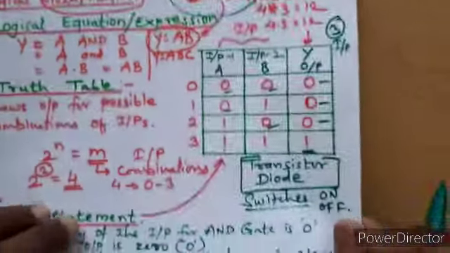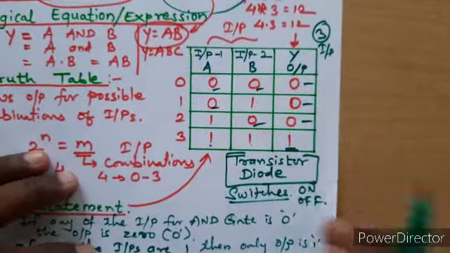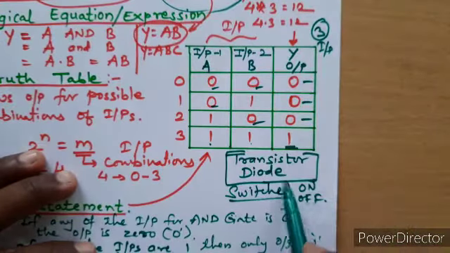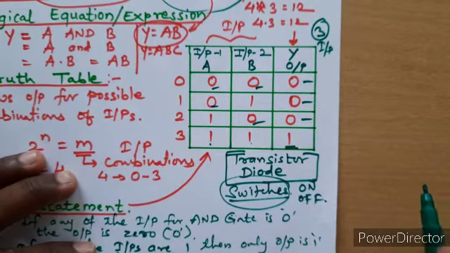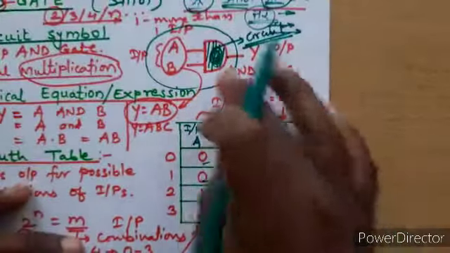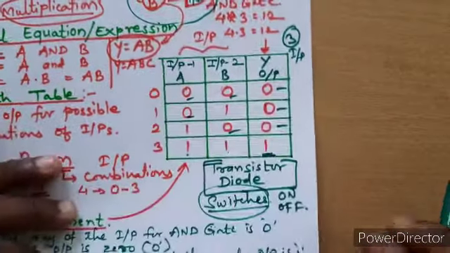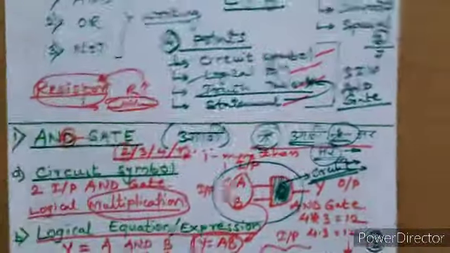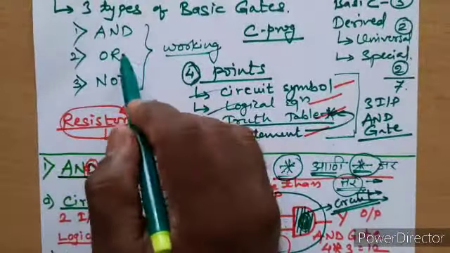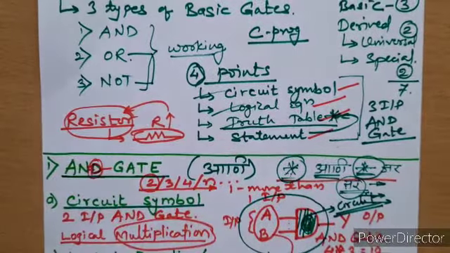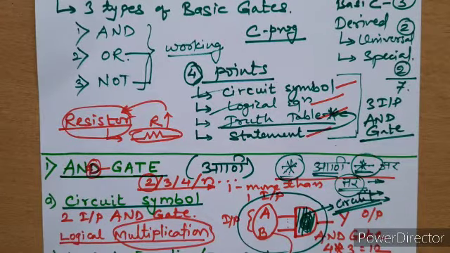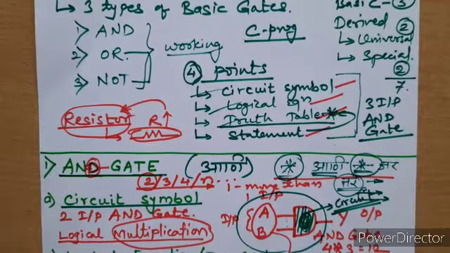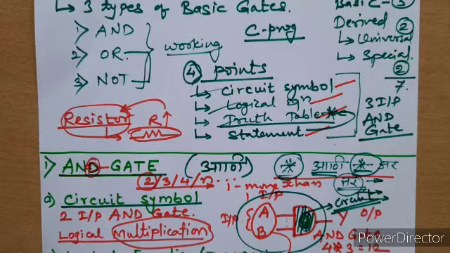Okay. So in the next lecture we'll try to construct this AND gate with the help of switches. We need to understand its internal circuitry. So with the help of switches we'll see how this AND gate is constructed, and along with that we can try to cover the OR gate or NOT gate, right? So that part we can see in our next lecture.